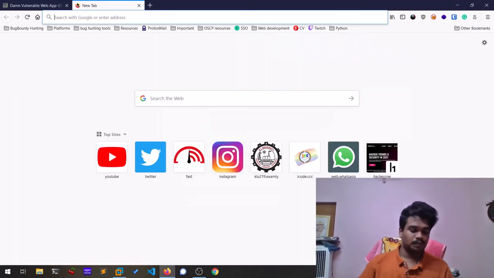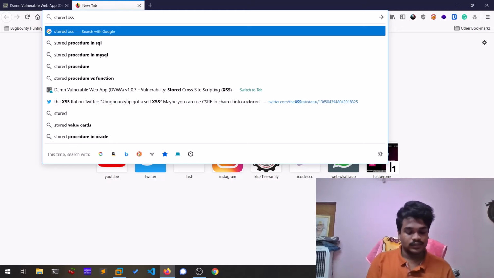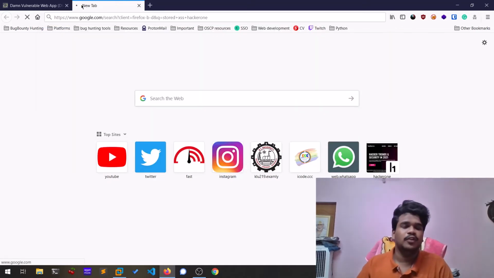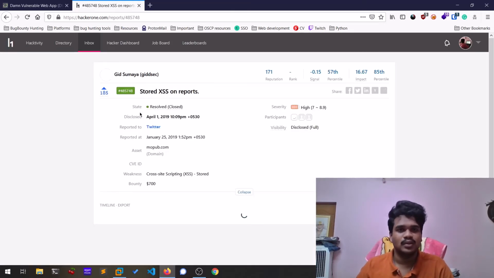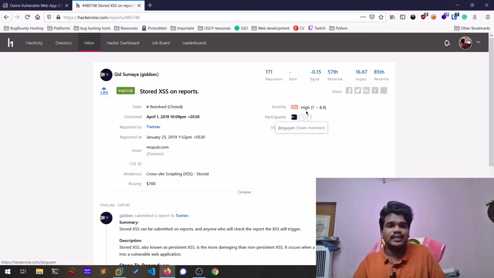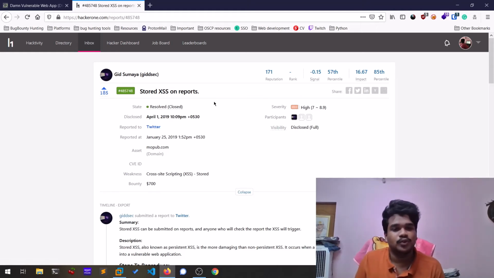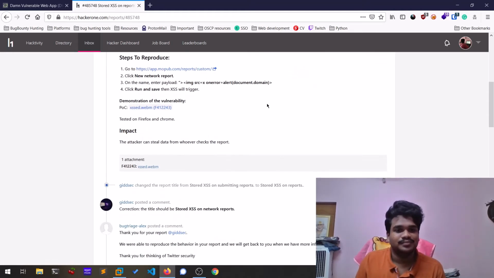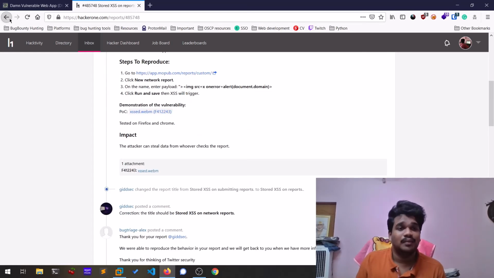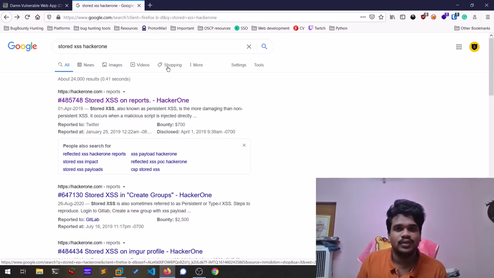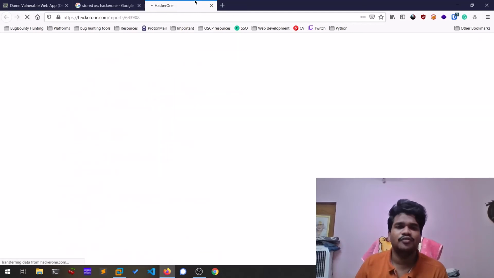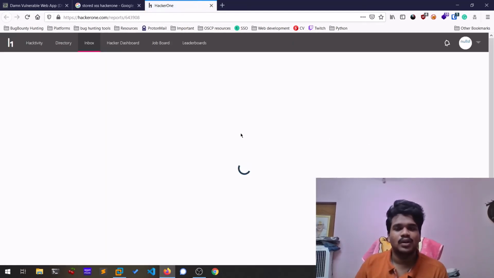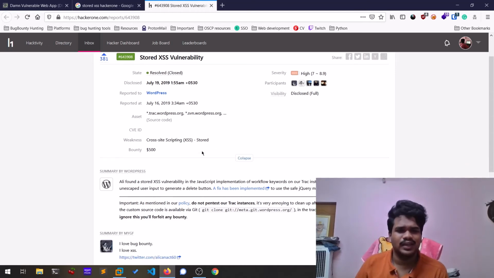If you look into some POCs out there, stored XSS on HackerOne, if you could see some payloads, stored XSS reports, you can see the bounty would be really higher, because the severity is higher as well. You can see this was reported to Twitter, but it was back then. You can read these kinds of POCs, proofs of concept, and get yourself ready. You can see a ton of POCs out there, what the attacker is doing and how he got it.